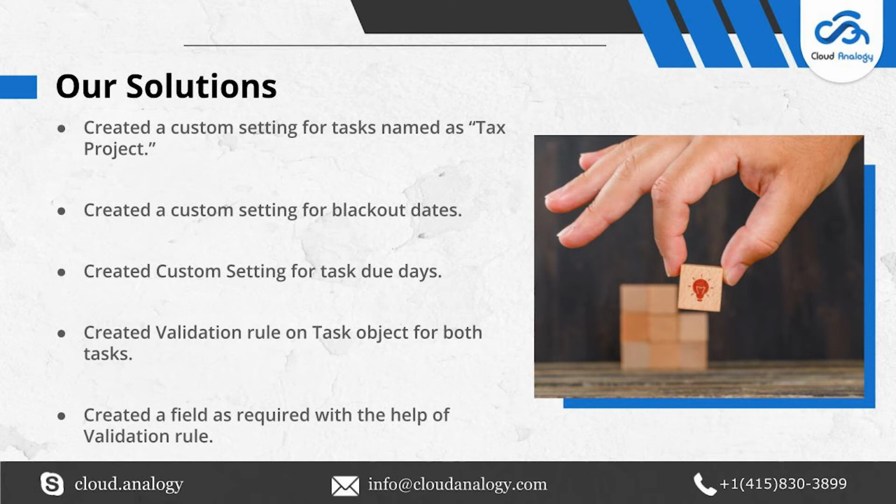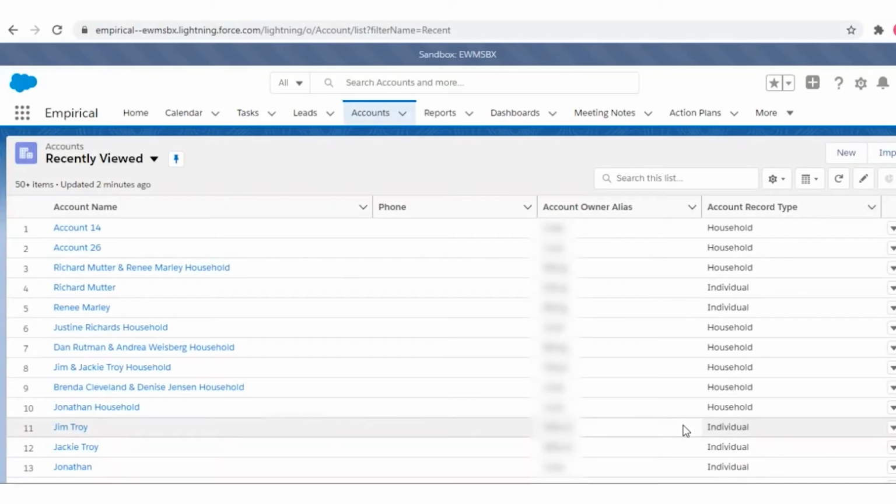Number 5, when action plan gets saved, there is a field called comment. We made that field required through validation rule, and the comment field's value gets passed in task 1, and the records of task 1 and task 2 only get updated if we change the status to complete and fill the required fields, and this all is happening through Apex trigger. Let us now move to the demo of action plan creation.